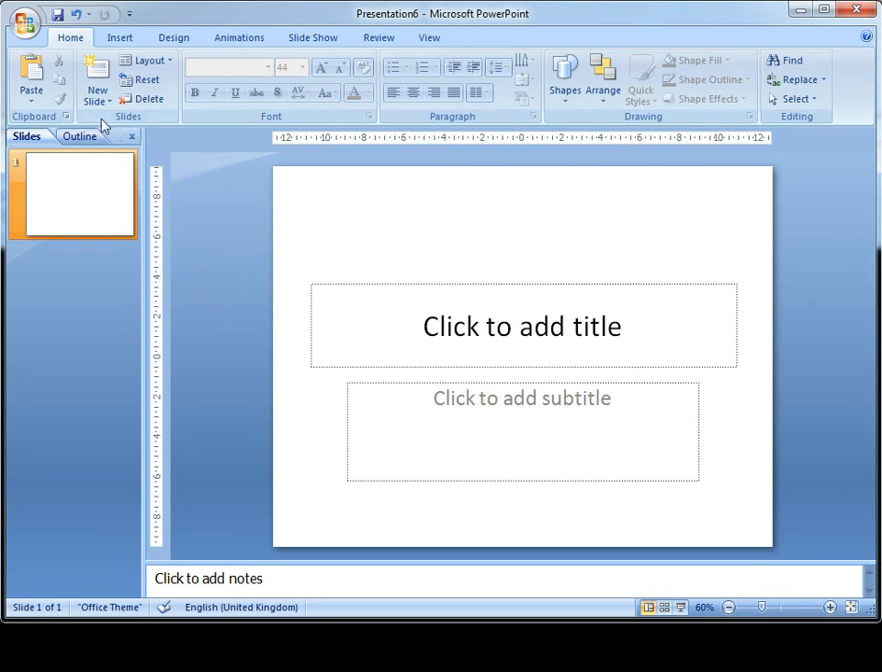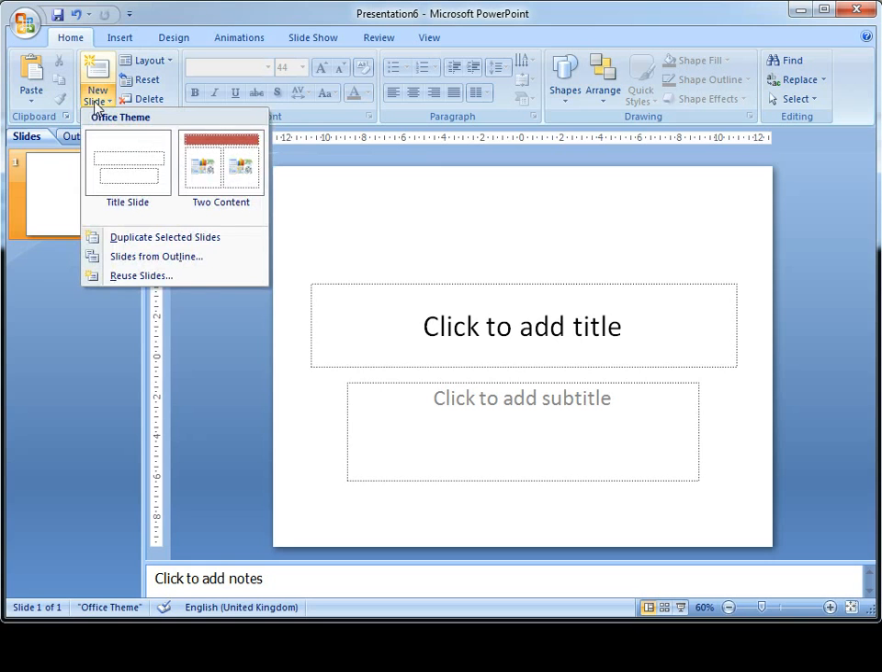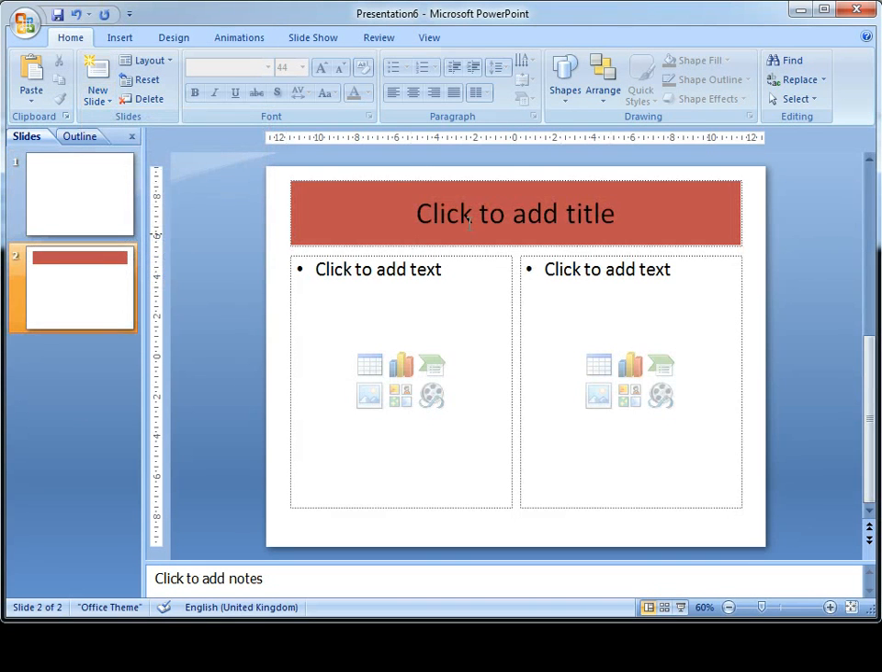and if I want to insert a new slide, I can now choose from the two options that I've set up in the master view, and if I choose the Two Content slide, you'll see that it automatically has a red filled in box at the top, which is what I've just set up in my master view. If I then add another slide, that too has a red box at the top